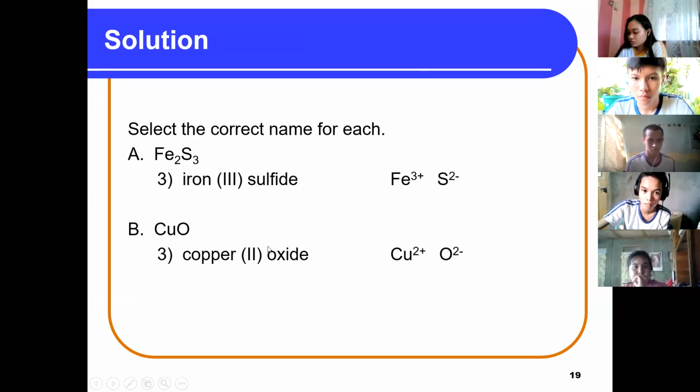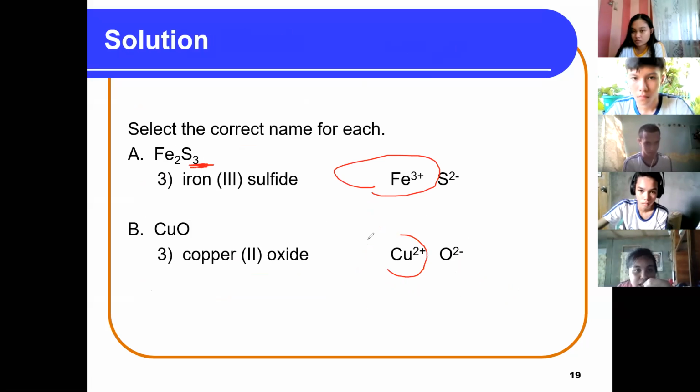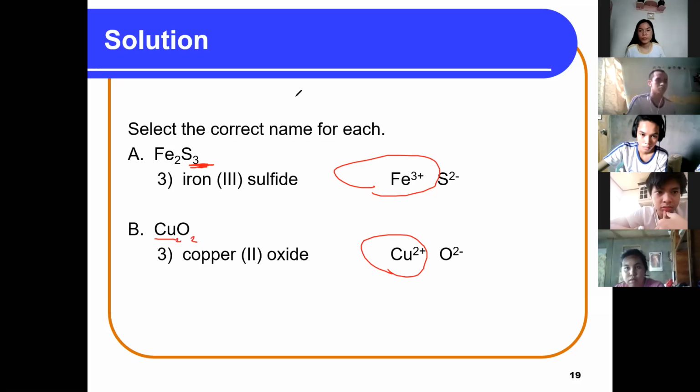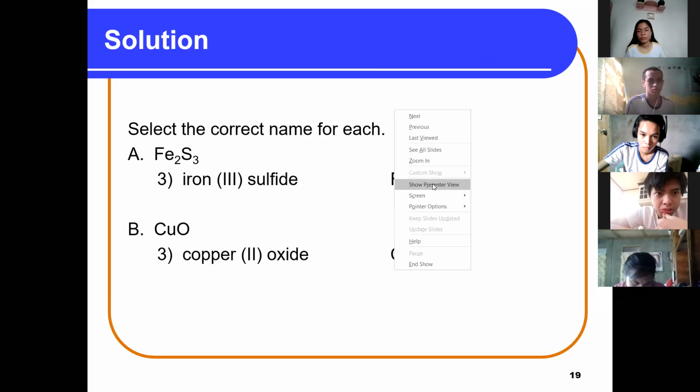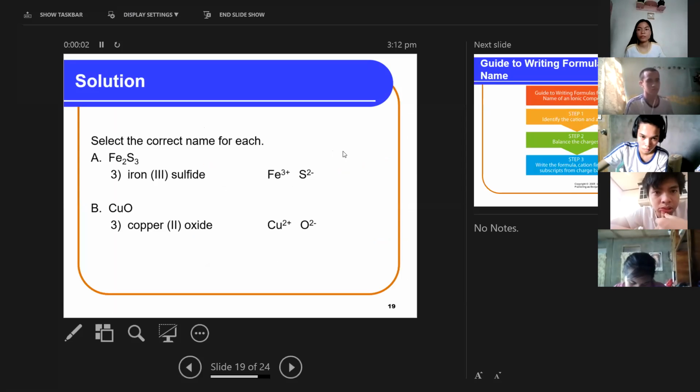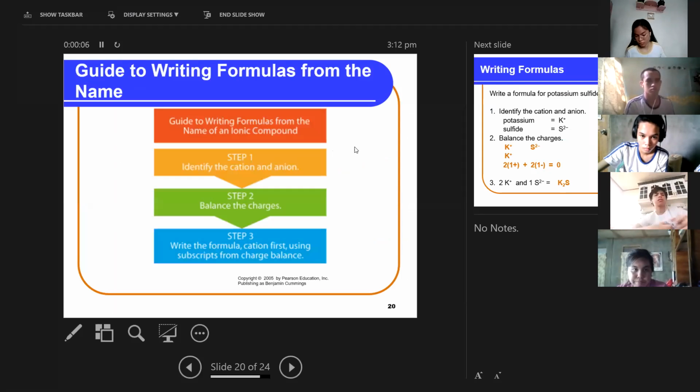So these are the answers. Copper 2 and iron 3. This was the origin beforehand. Iron is +3, so that we have here S3. And copper is 2, so we simplify Cu2O2 as CuO. If you look at your module 1 for fundamentals, here are the current questions. Clarifications? There's a much better way of naming the following.